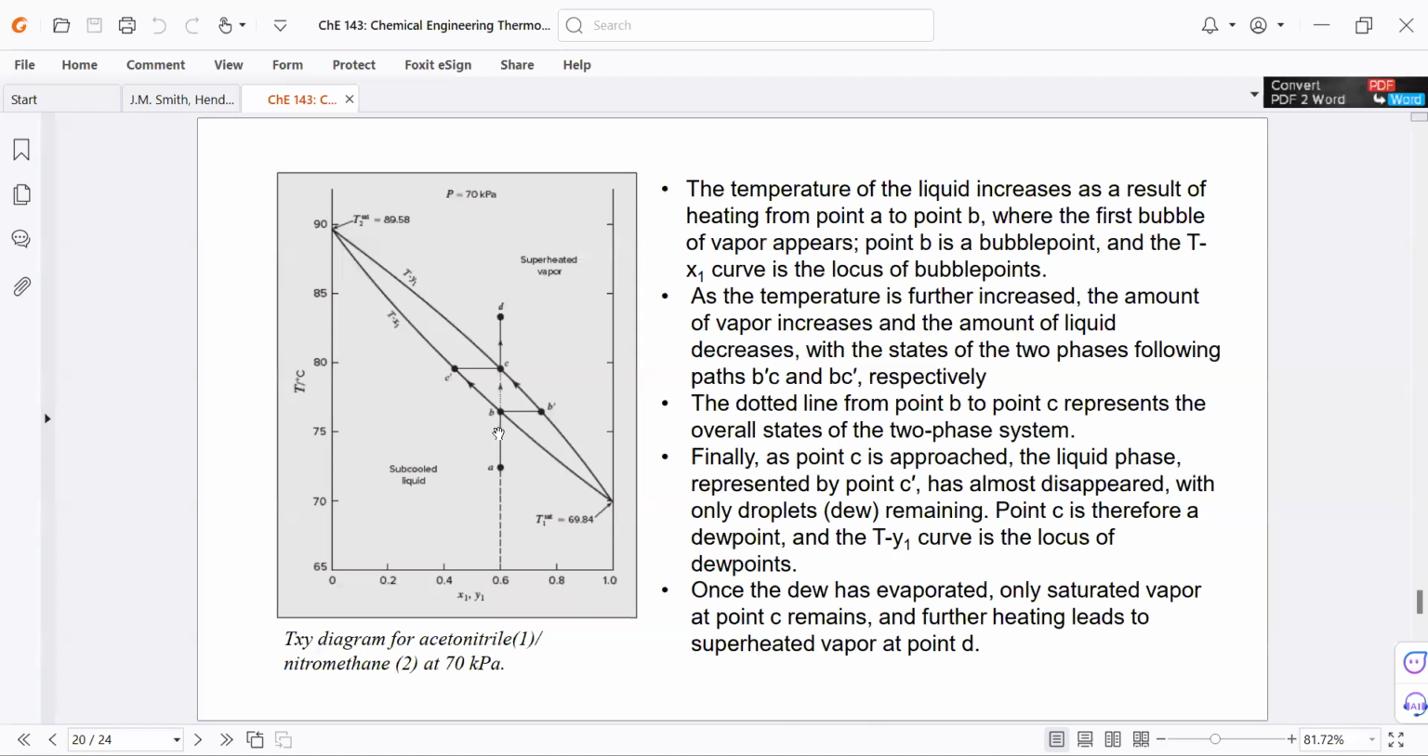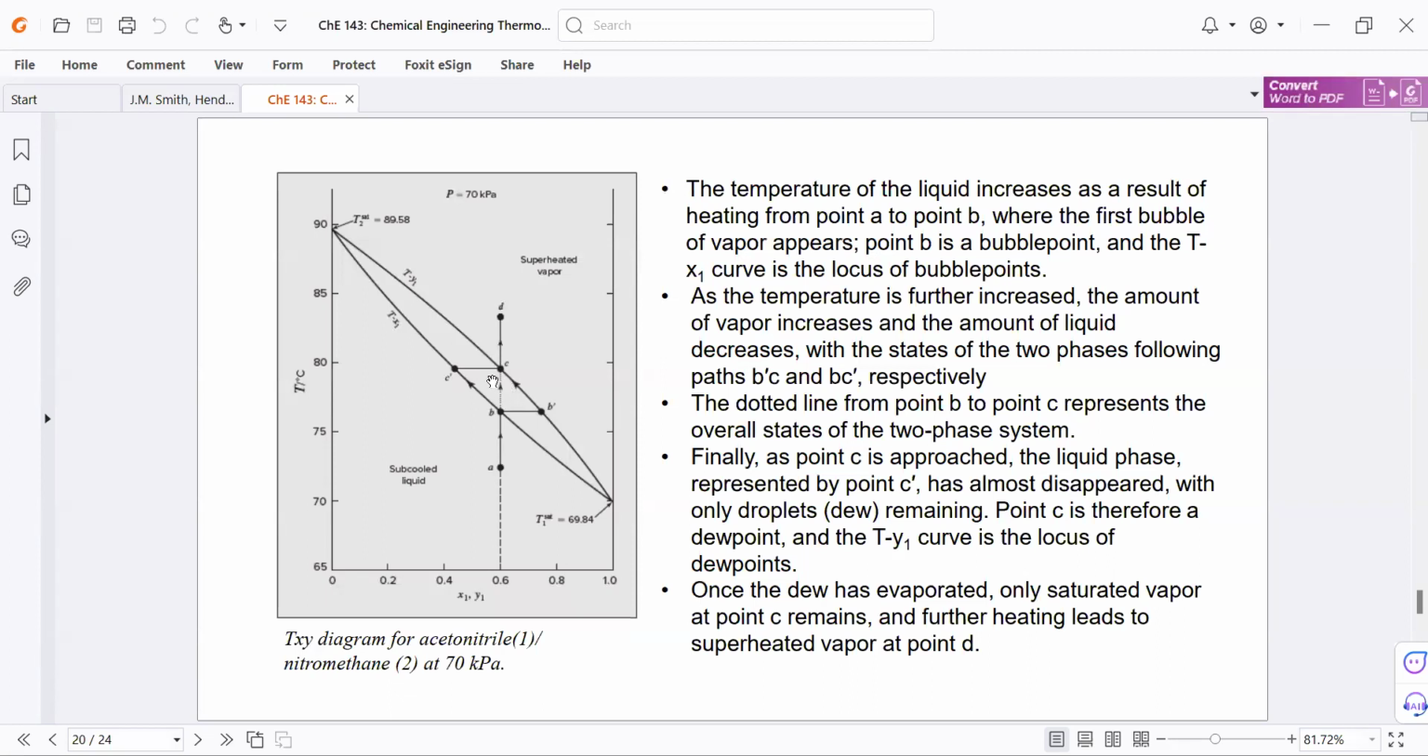First, from A to B, it is where the first bubble of vapor appears. That's why at point B, it's called the bubble point, and the TX1 curve is called the locus of bubble points. Next, as we increase the temperature further, the amount of vapor increases and the amount of liquid decreases. Okay, so when we're inside the curve, the two curves,